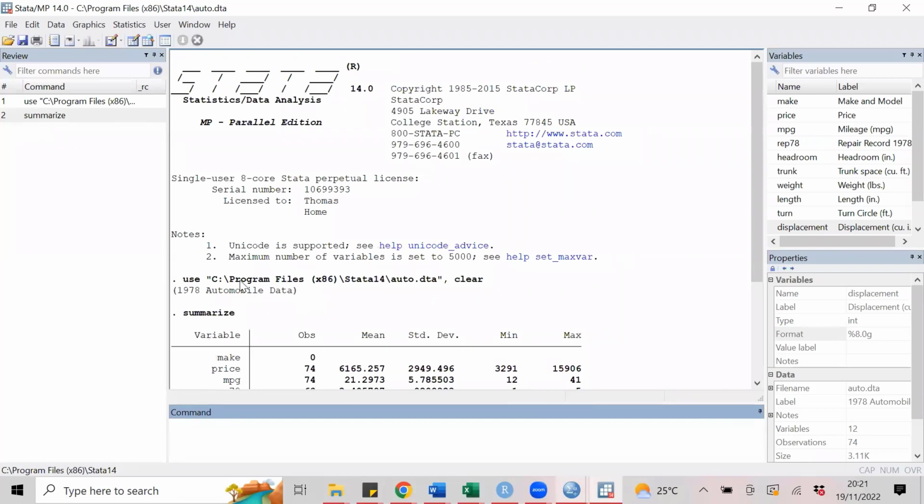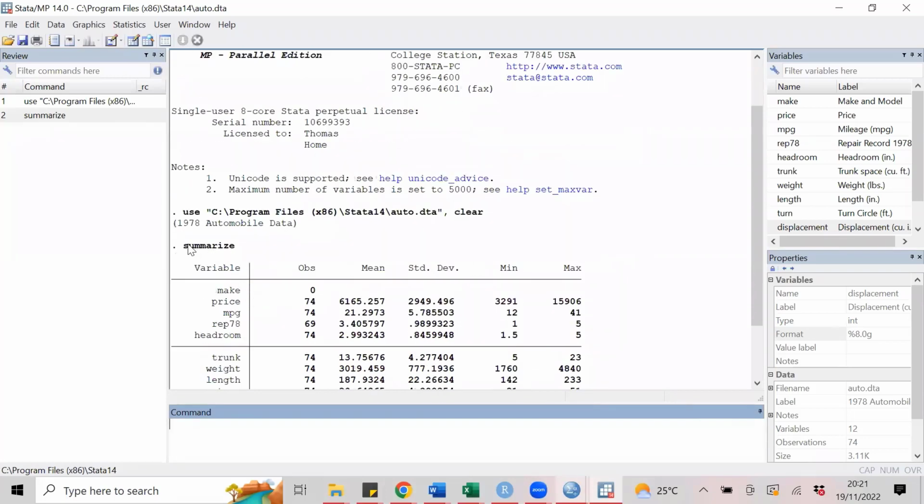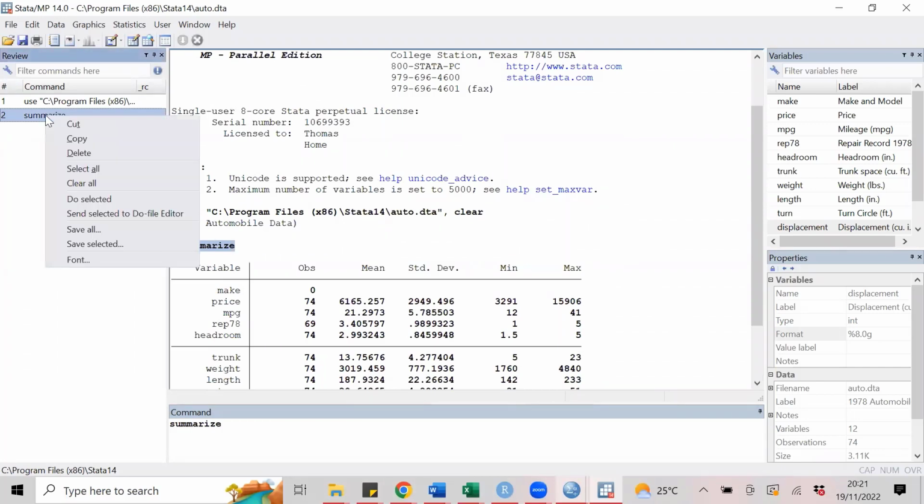You can see we have just summarized, okay? And you have a history on your left. Now, this history, just like we've done in the other one with SPSS, people can copy this and save it in what we call a do file. Do file is just simply like in R, the text file where you're doing the coding. So you can save it again and make it reproducible.